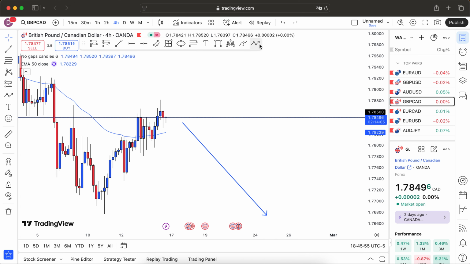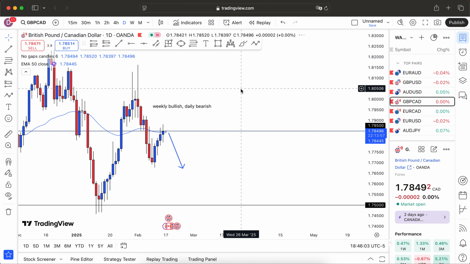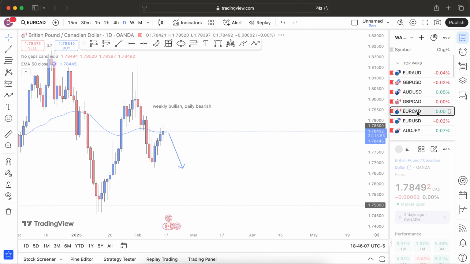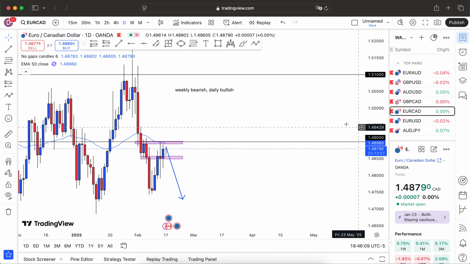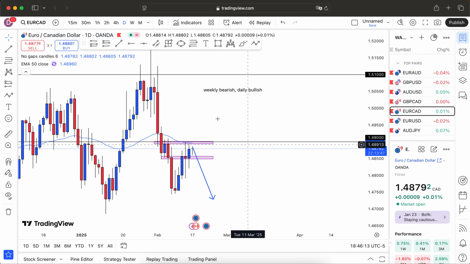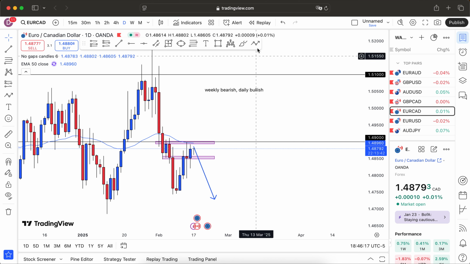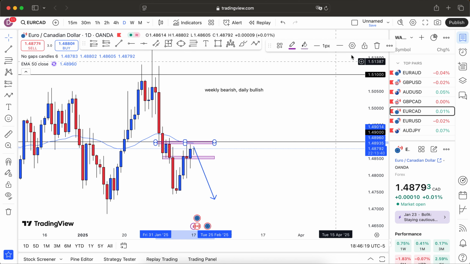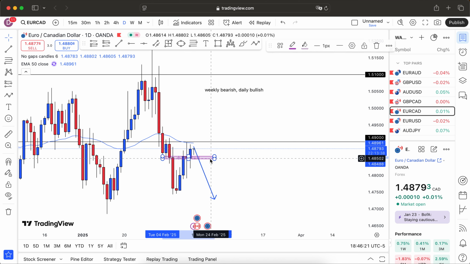And secondly, we're going to wait for the price action to unfold a little bit more and see how it behaves. Based on that, we're going to enter or not enter this trade accordingly. Next one is the brother or the cousin of GBP CAD, if you want to call it. It's Euro CAD. On this one as well, the price was, I'm just going to delete these little miniature zones